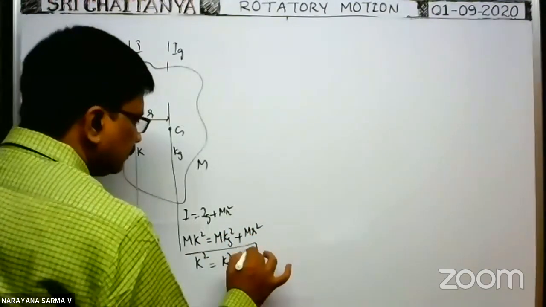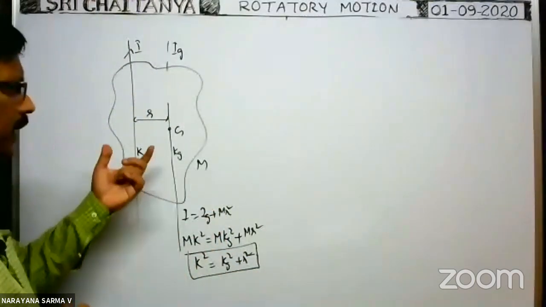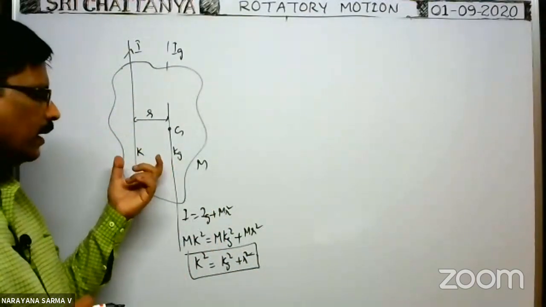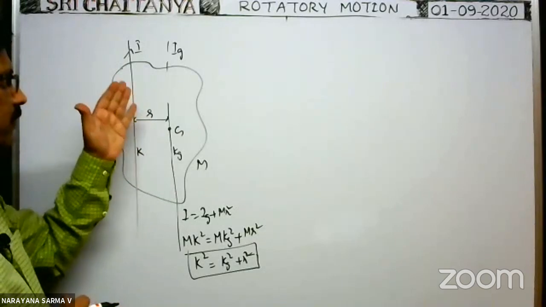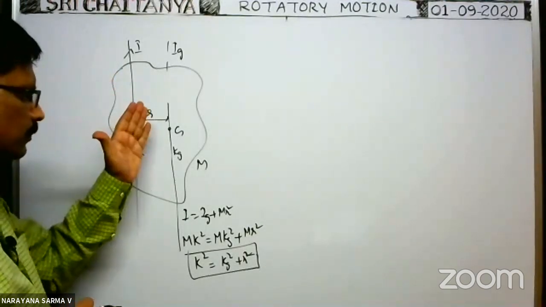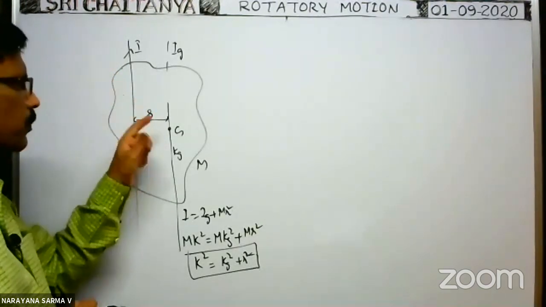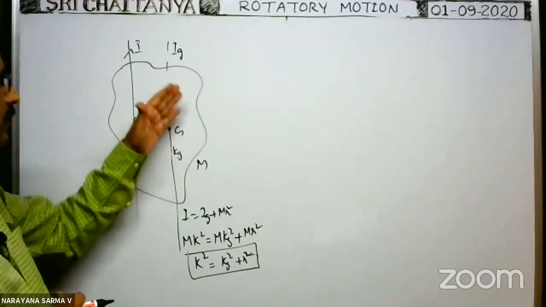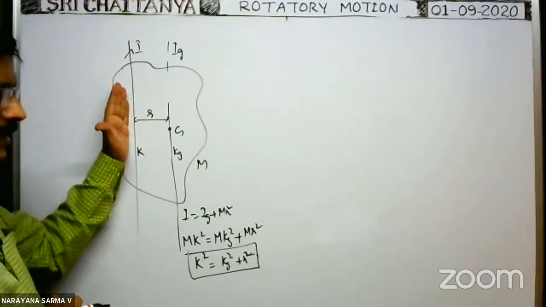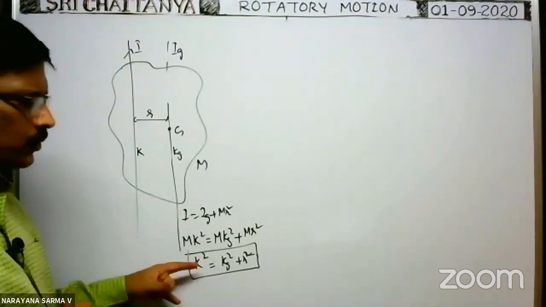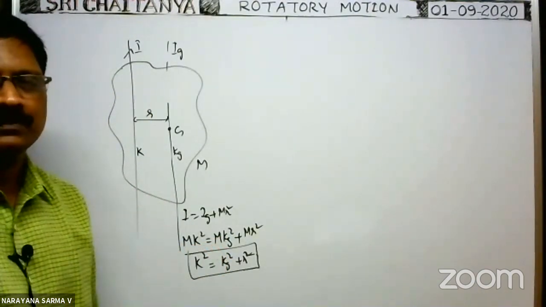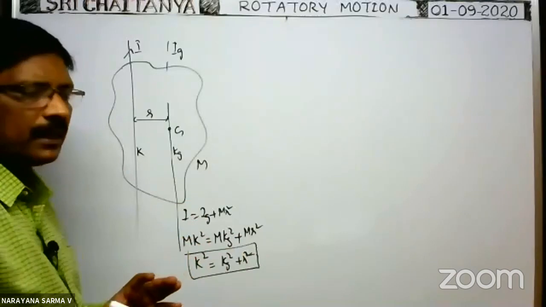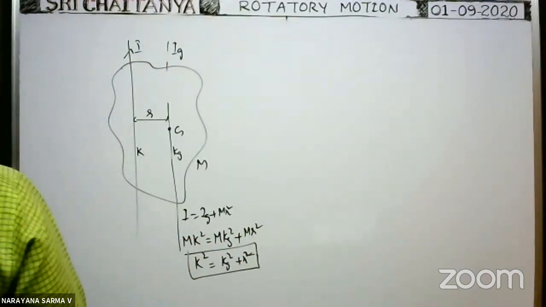Sometimes you will be given the perpendicular distance between the two parallel axes and the radius of gyration of the rigid body about an axis parallel to the given axis passing through the center of mass, meaning kg is given. They may ask what is the radius of gyration k of the same rigid body about the given axis. So by using this formula we can find it. Okay. Now